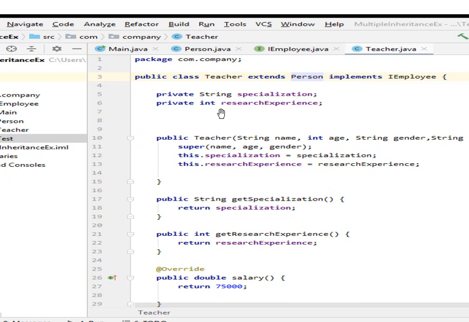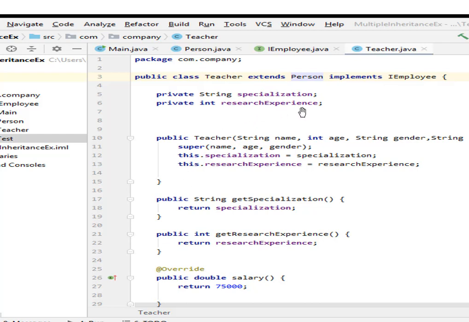include some specific properties which will be related to this teacher class. So we're going to have a string field which will be for the specialization of the teacher. It will contain in which area or in which discipline the teacher has a specialization, right? And the next field would be for the research experience.